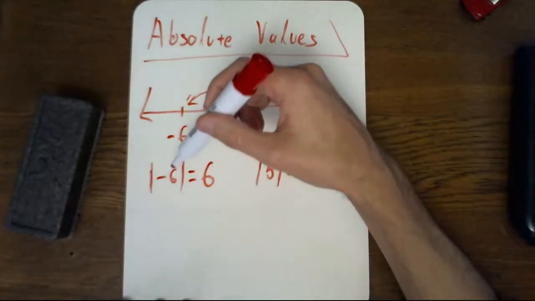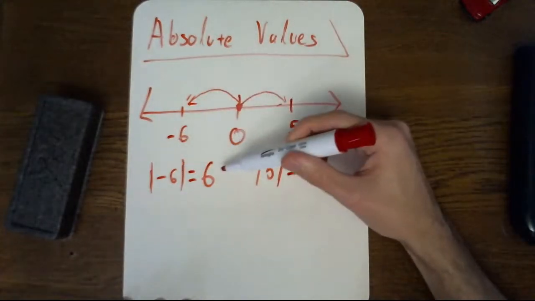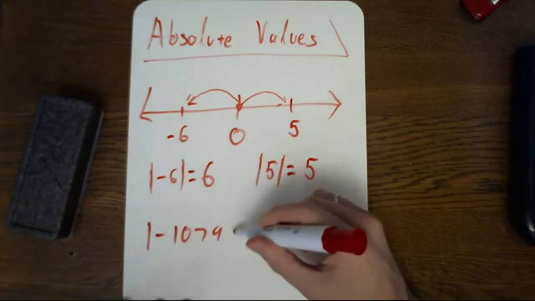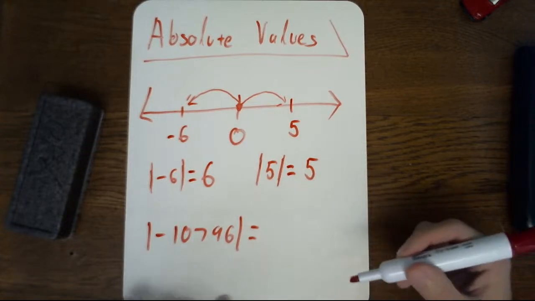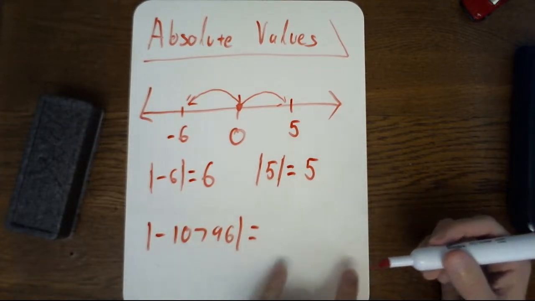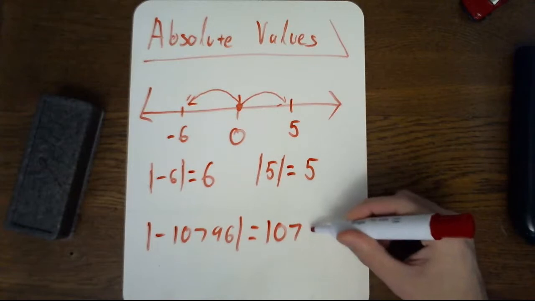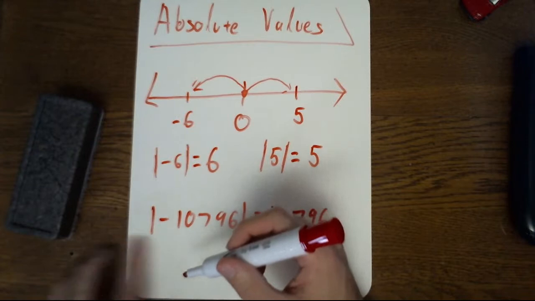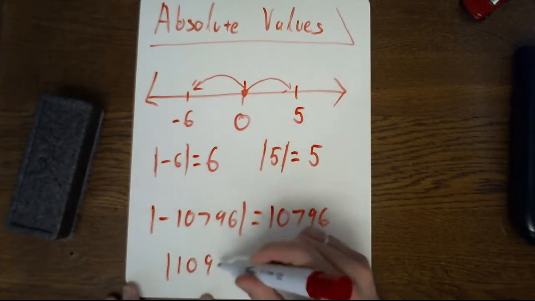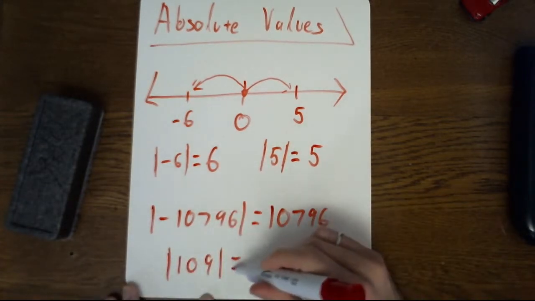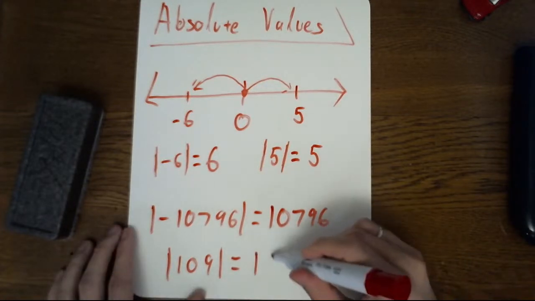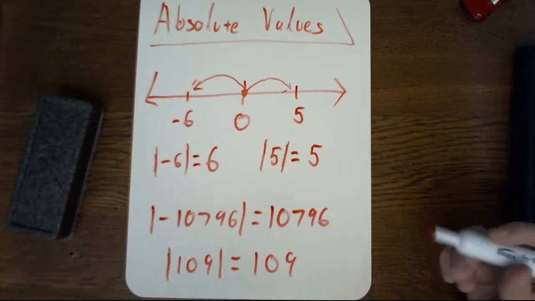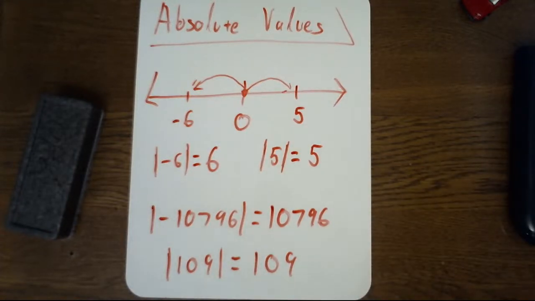So notice, whenever there's an absolute value, the number always turns out positive. It doesn't matter how large or how small it is. Any negative number is going to become its positive counterpart. Or if it ends up being a positive number, let's say like 109, any positive number, the absolute value just stays positive, positive 109. So with absolute values,